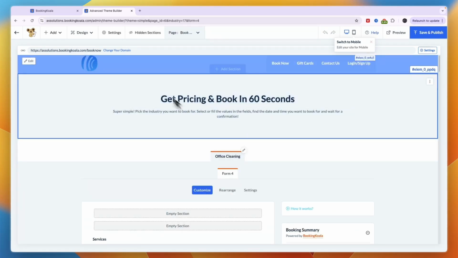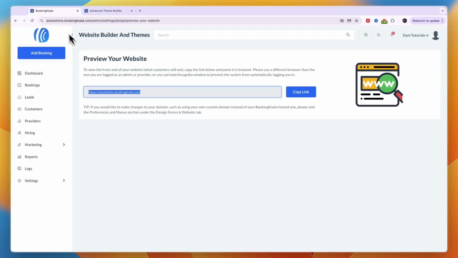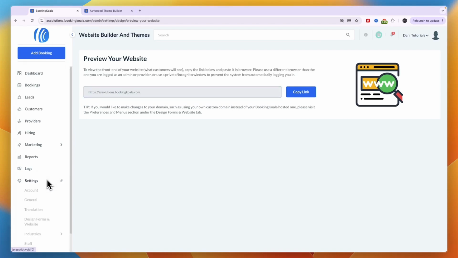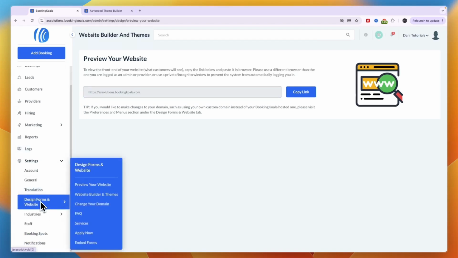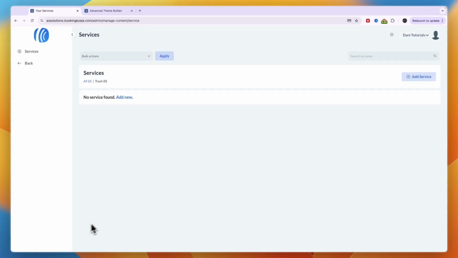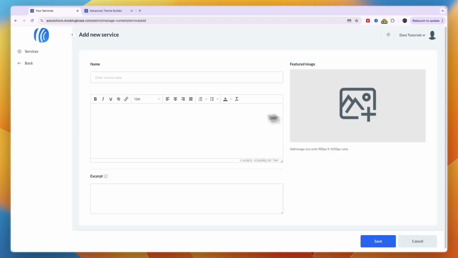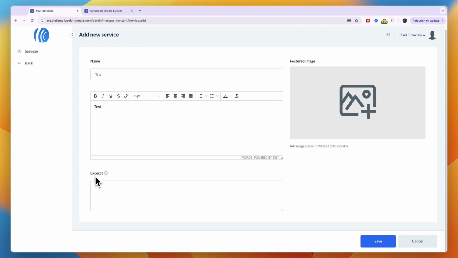So in order to actually create that for yourself, you can just go back to BookingKoala, then go to settings here, and from here under design forms and website, you can go to services. Now here you can start setting up your services. So you can see I don't have any yet, so I'll just click add service. Now here you can add a service name, so I'll just name this one test. Then you can add a description and an excerpt, which as you can see here is a short summary shown